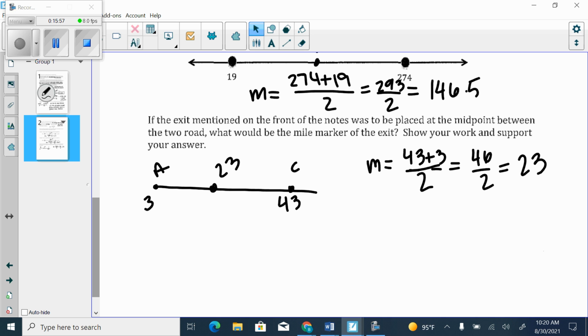Sorry, guys. So our mile marker, if it's going to be at the midpoint, should be at mile marker 23. So that's what we'll put here. So the mile marker